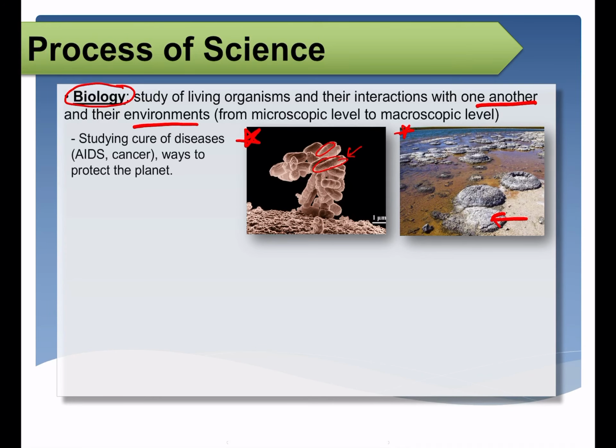Now, we must understand the basic biology in order to find cures to many human diseases, such as, for example, cancer. Even though we don't have a permanent cure for AIDS yet, there have been medications that were discovered to slow down their growth. And that's why there's still some sort of treatment available when a person discovers that they do have AIDS. We can slow down the process with some drugs that specifically target how fast the virus is able to